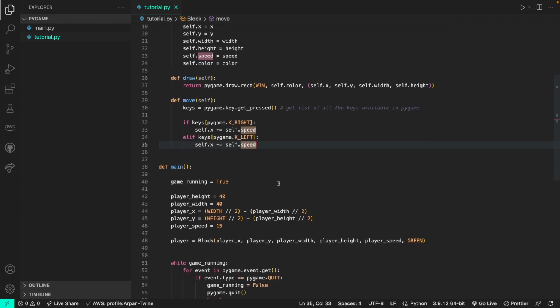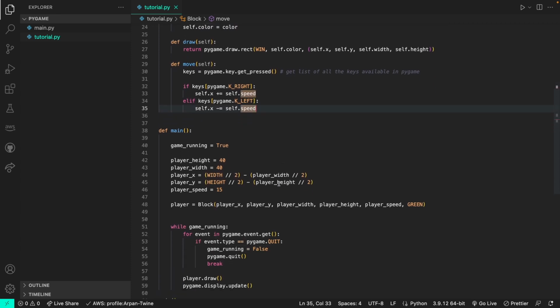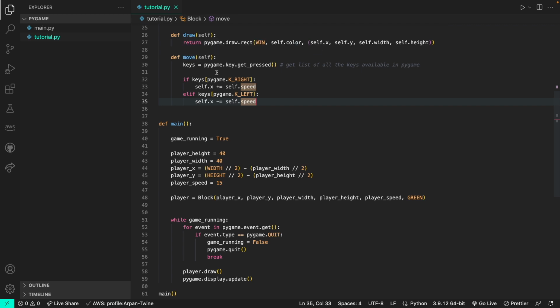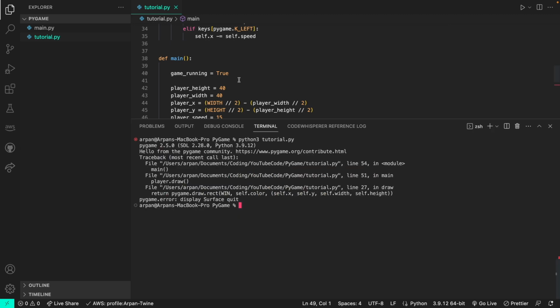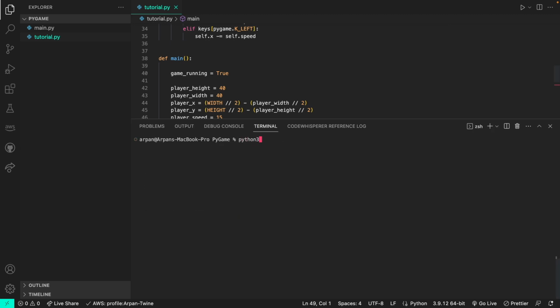Okay, now after this, we're going to need to call this move function to allow our player to move. So after player.draw, we can just do player.move, and what this is going to do is call the move function that will allow our player to move, and this is also going to listen for keystrokes, since it is a part of this while loop right here, which is only running if the game running variable is set to true. So if we go ahead and run our code again,